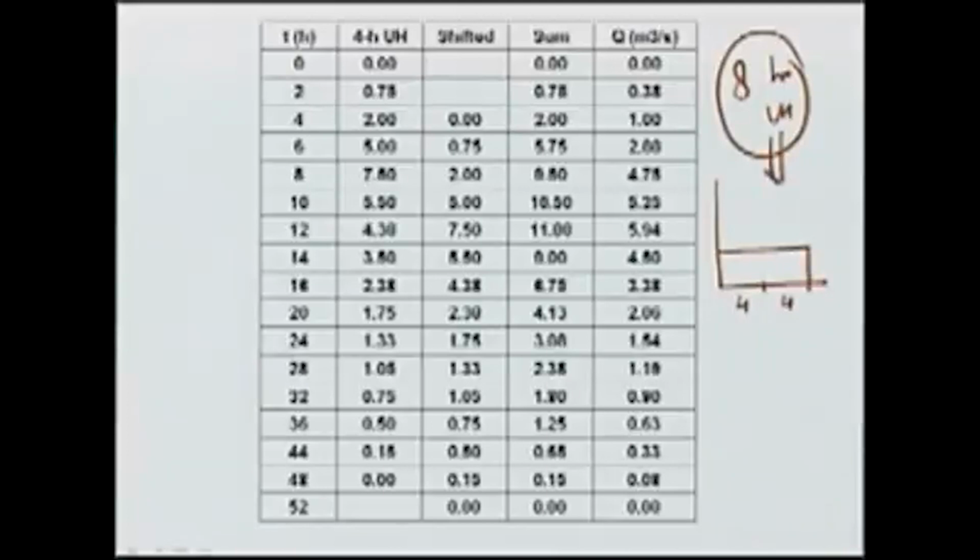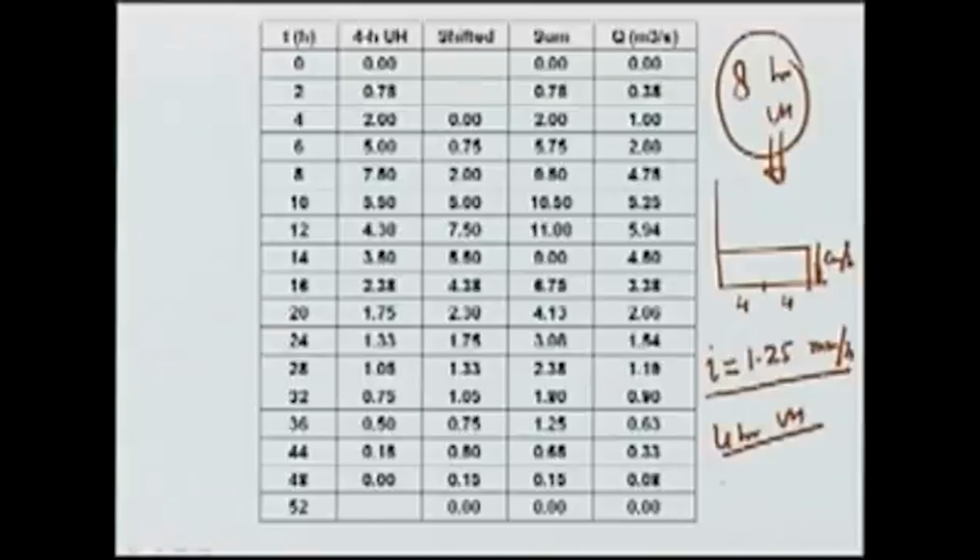Eight-hour UH corresponds to a rainfall which has intensity of 1/8 centimeter per hour, or I is 1.25 millimeter per hour, which is exactly half of the intensity which we have used for 4-hour UH. 4-hour UH has I equal to 2.5 millimeter per hour. So, we can